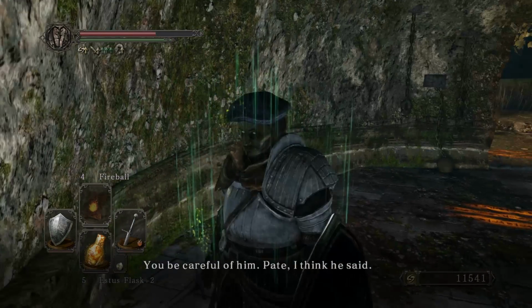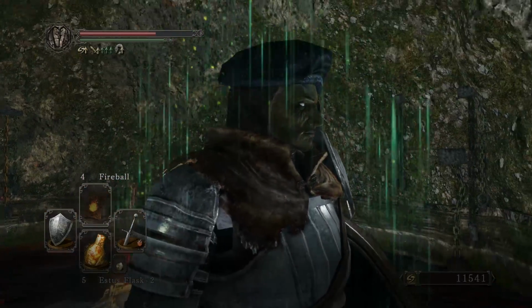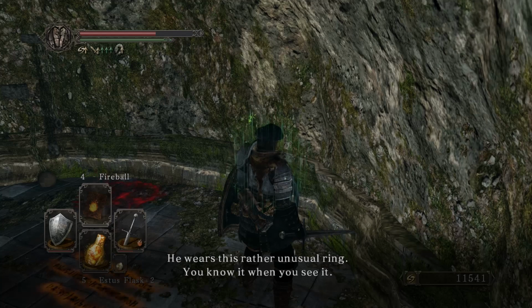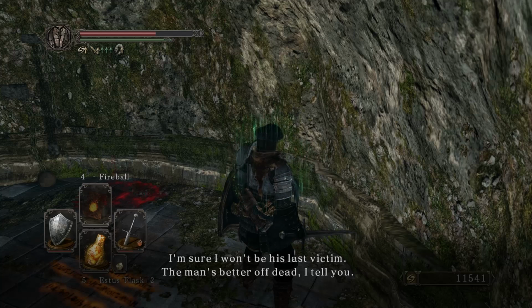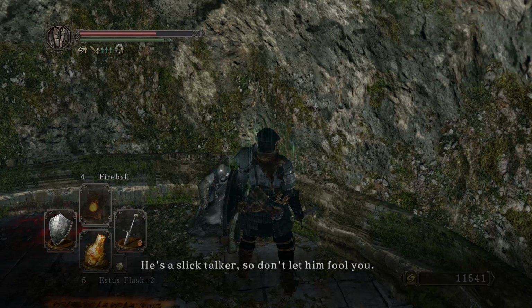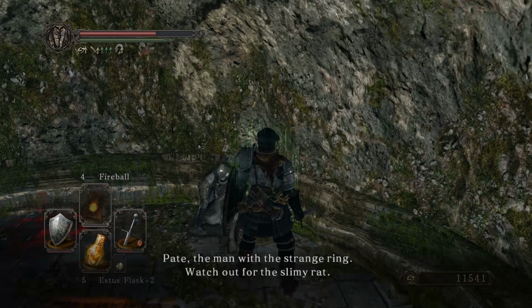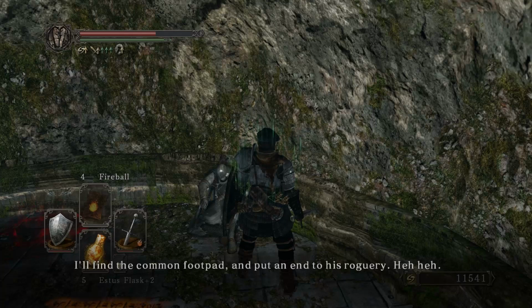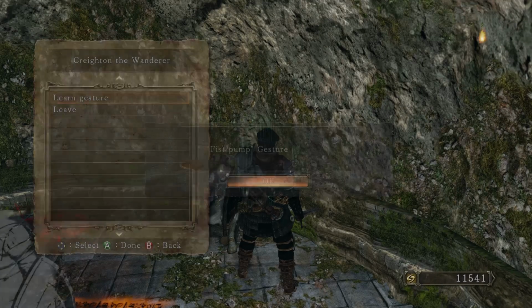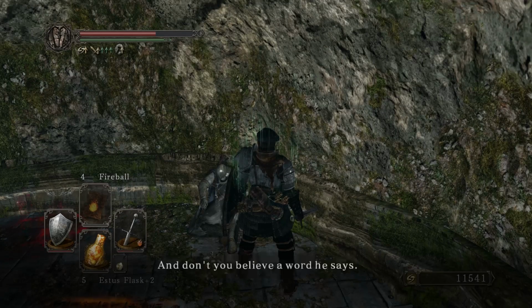You be careful of him. Pate, I think he said. He wears this rather unusual ring. You'll know it when you see it. I've seen his type before. He kills entirely for the pleasure of it. I'm sure I won't be his last victim. The man's better off dead, I tell ya. He's a slick talker, so don't let him fool ya. Pate, the man with a strange ring. Watch out for the slimy rat. And don't you believe a word he says. I'll find the common footbed and put an end to his roguery. Pate. And I'll find...